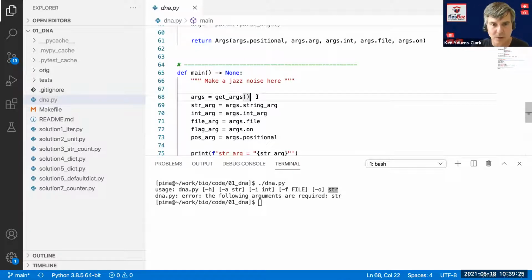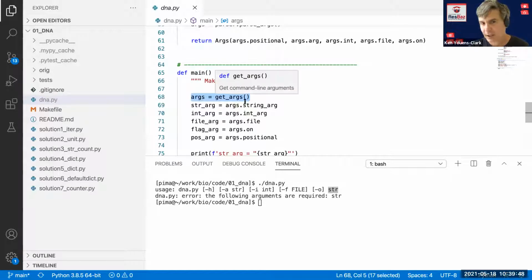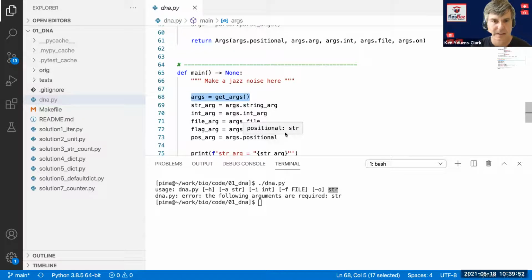And the first thing I always do is call get_args. I hope it doesn't seem like I'm just beating you over the head with this, but this is how to create a well-structured Python program that validates its command line arguments. So this may seem a bit tedious. I hope not too much, but this is really necessary, and hopefully I'm going to show you why. So get_args is going to be called, and then it's going to have all these arguments that have been defined inside get_args.